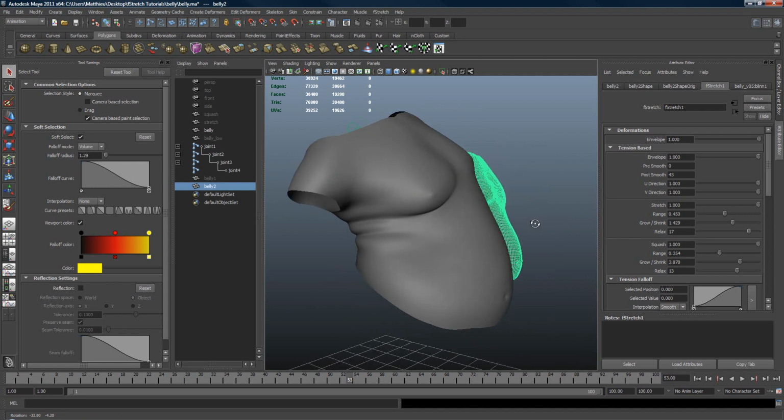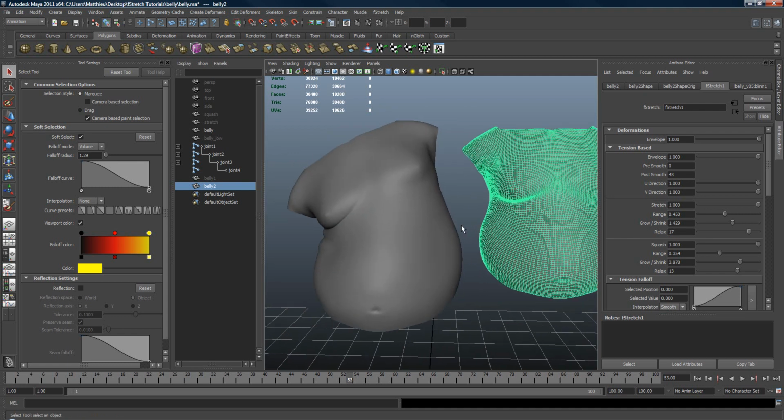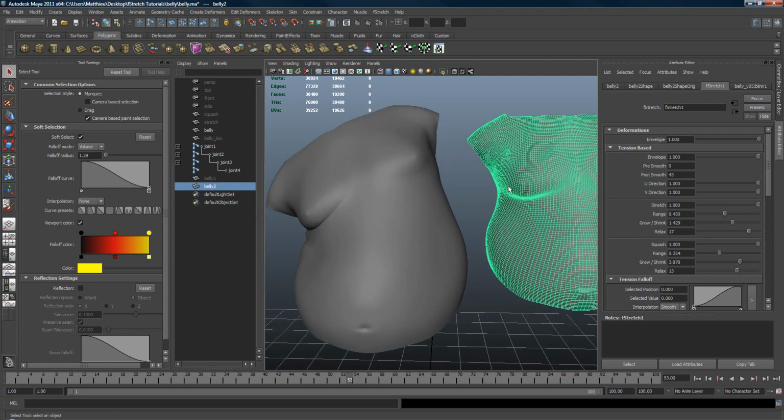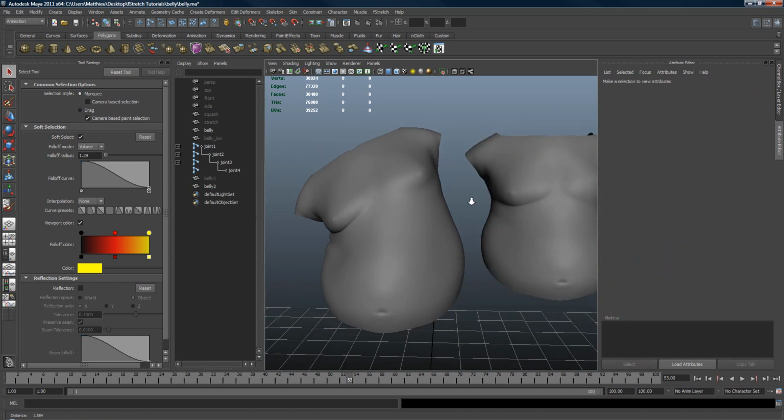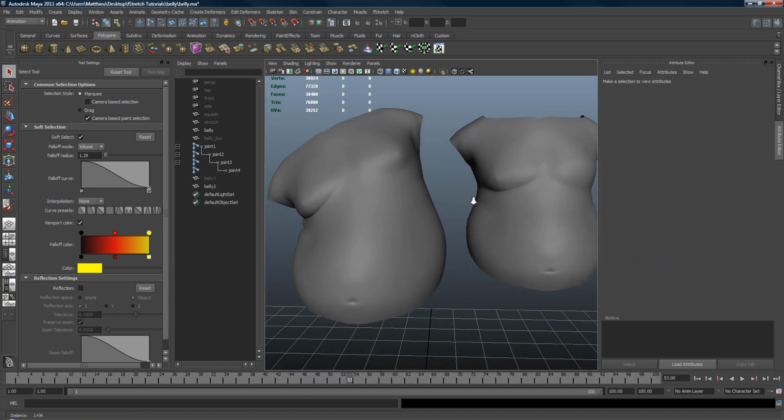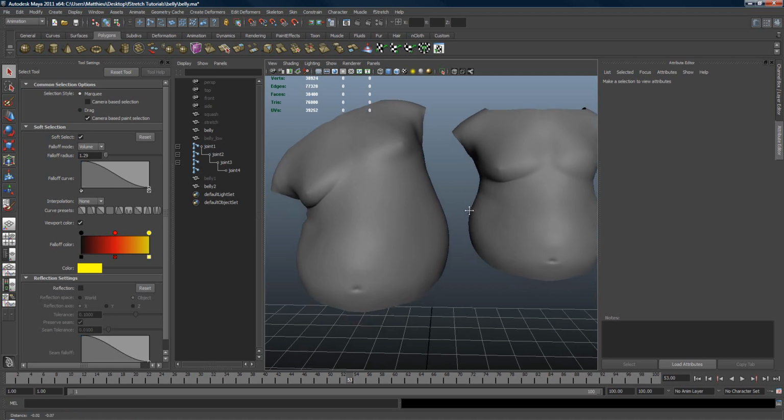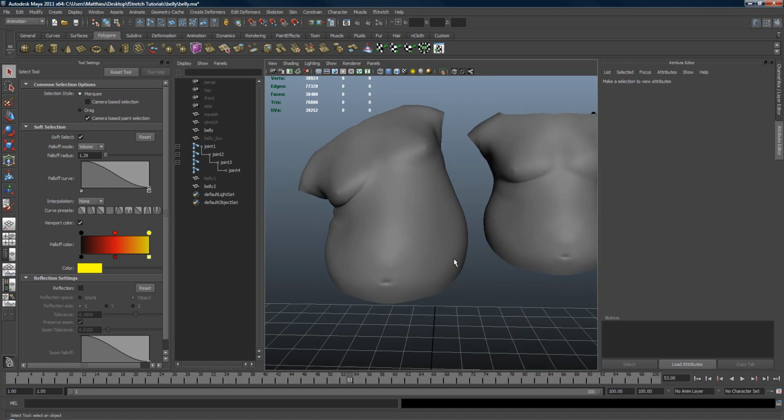You see what kind of deformation you get, and it's really fast to do once you get used to it. And once this is done, after like, I don't know, 15 minutes, maybe you can get to somewhere like